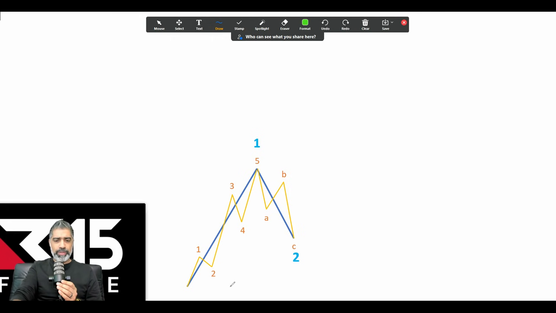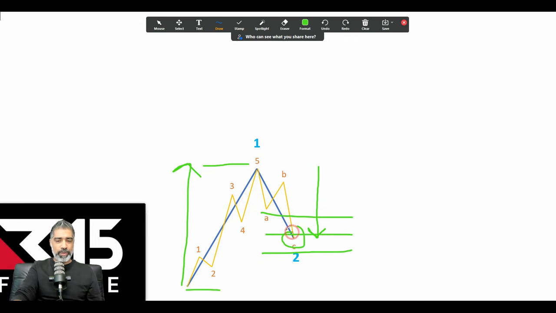And what we're going to do is measure this distance, from here to here, right? So this low to this high, we're going to measure it. And we're going to do a retracement. And typically it retraces down between around 50%, 62 to 78.6. And we saw it's in that zone.